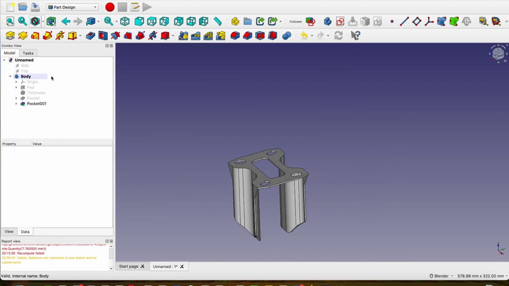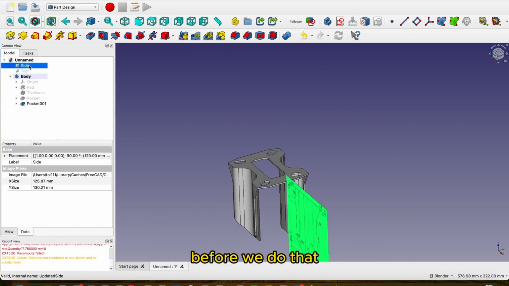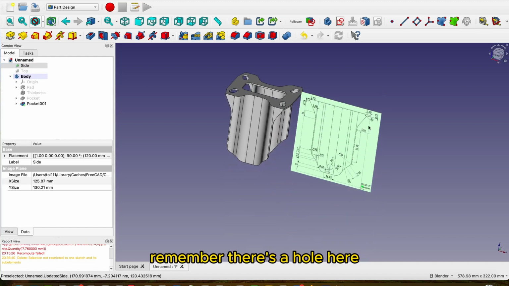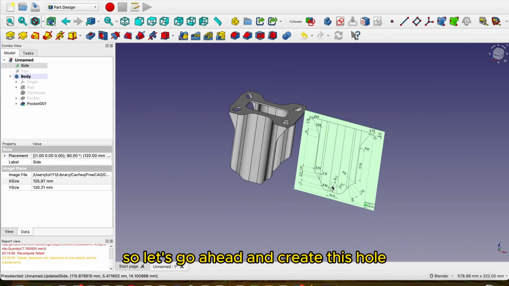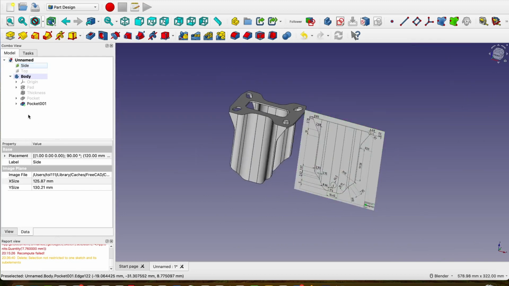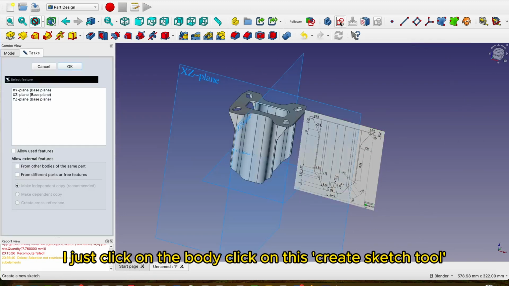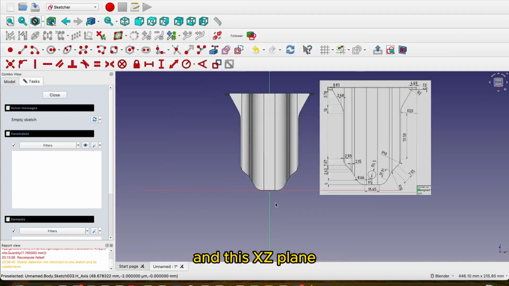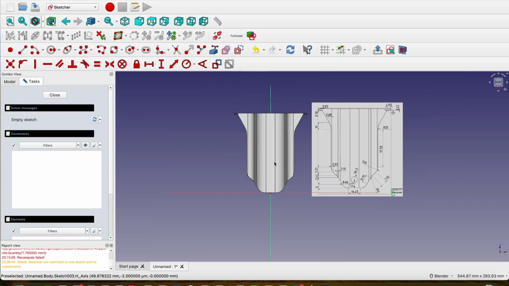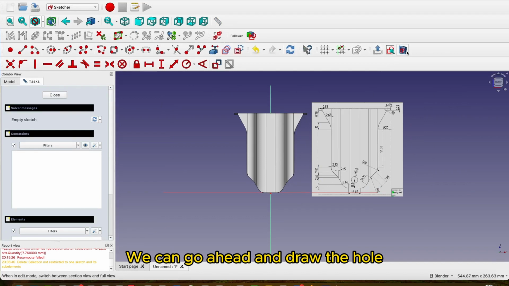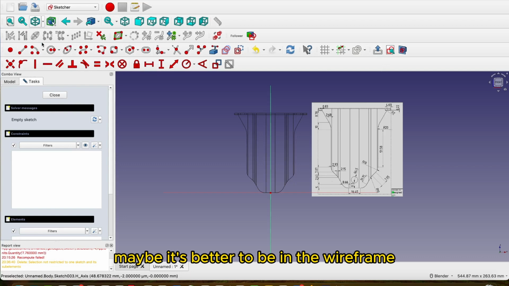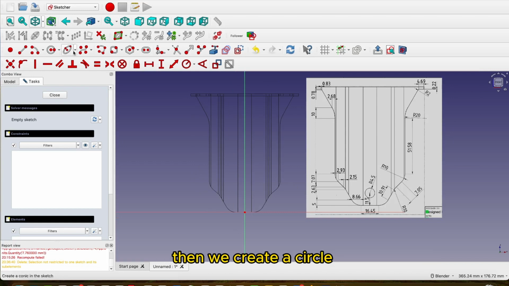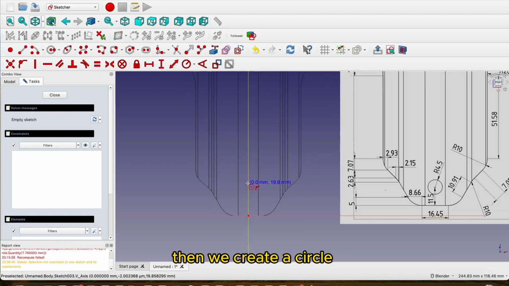But just before we do that, remember there's a hole here. So let's go ahead and create this hole. I just click on the body, click on this create sketch tool, XZ plane. Yeah, we can go ahead and draw the hole again. Maybe it's better to be in the wireframe, and we remove this section view. We create this circle,